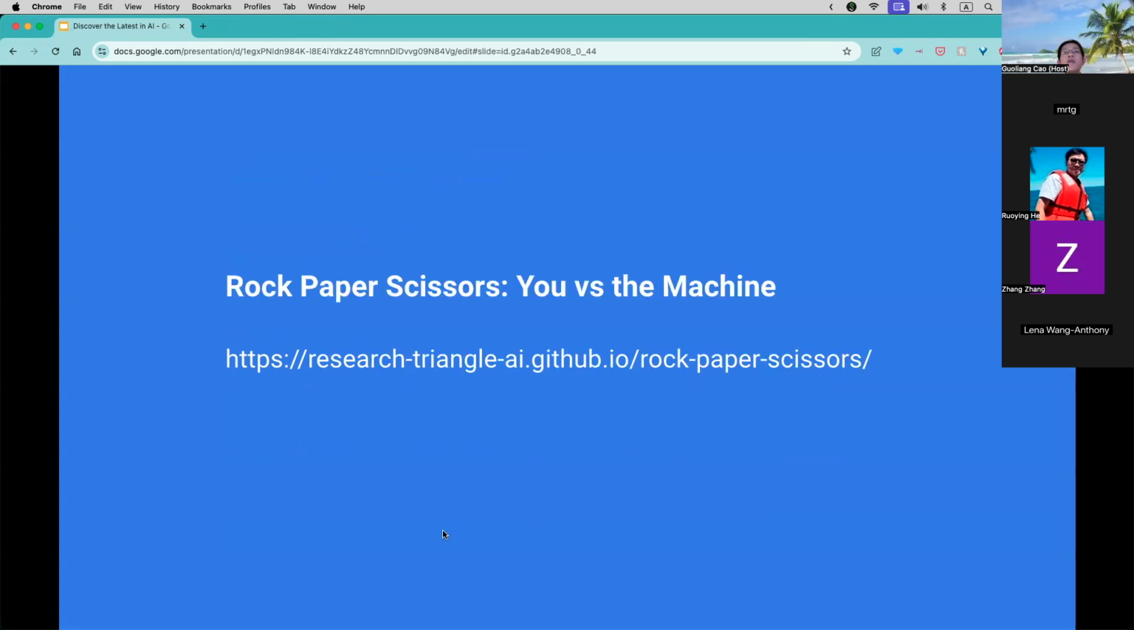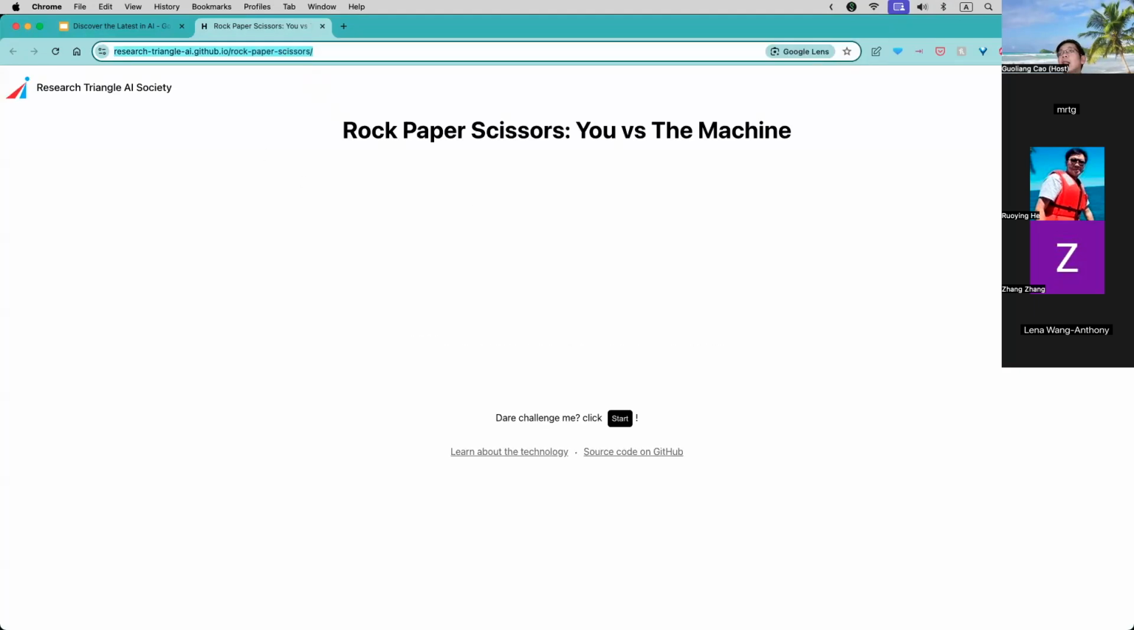Now let's get to the fun part of today's seminar. Let's play a game: rock, paper, scissors, you versus the machine. This game can be played from a browser, and anyone can play from anywhere. You can just open this link. Let me open it. This is the URL. I can copy the link in the chat if anyone wants to give it a try while you are watching. After you come here, it should ask for permission to access your camera,